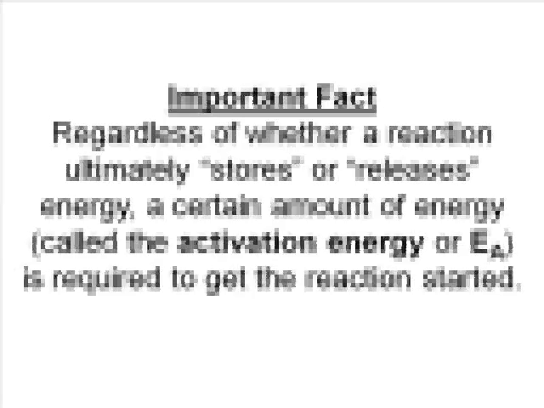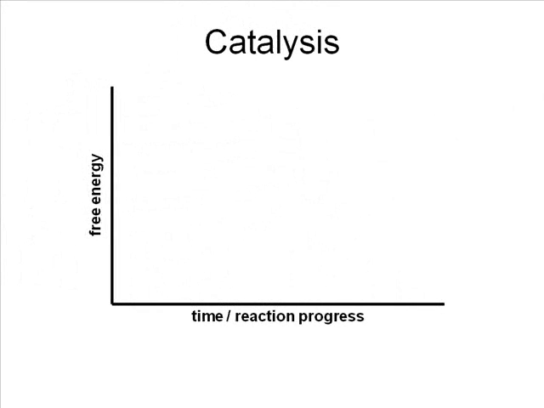To make this graphical, let's take a look here. On the bottom x-axis, we have time, or the progress of the reaction, and on the y-axis, we have what's called free energy, how much energy is available to do work. Here we have the starting energy within our reactants. This is how much energy will be present in our products. So it looks like a downhill slope, but in order for our chemical reaction to go from reactant energy on